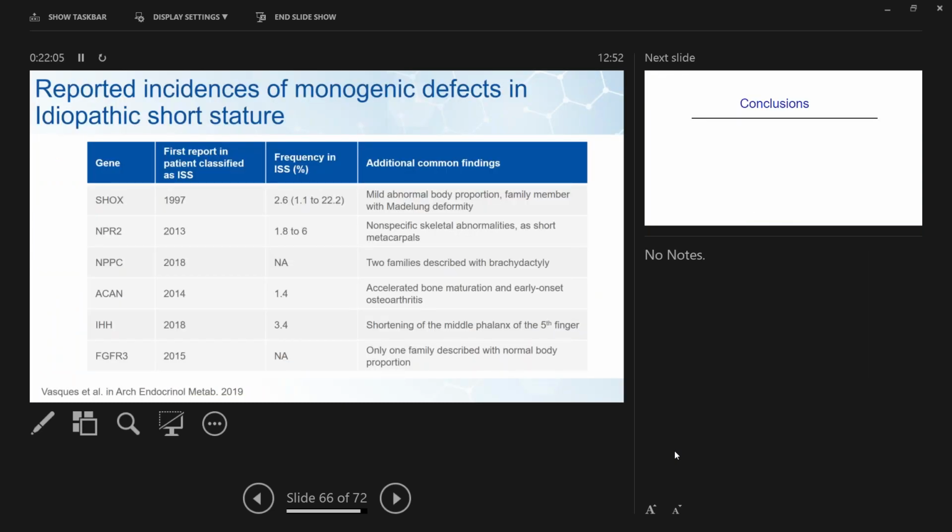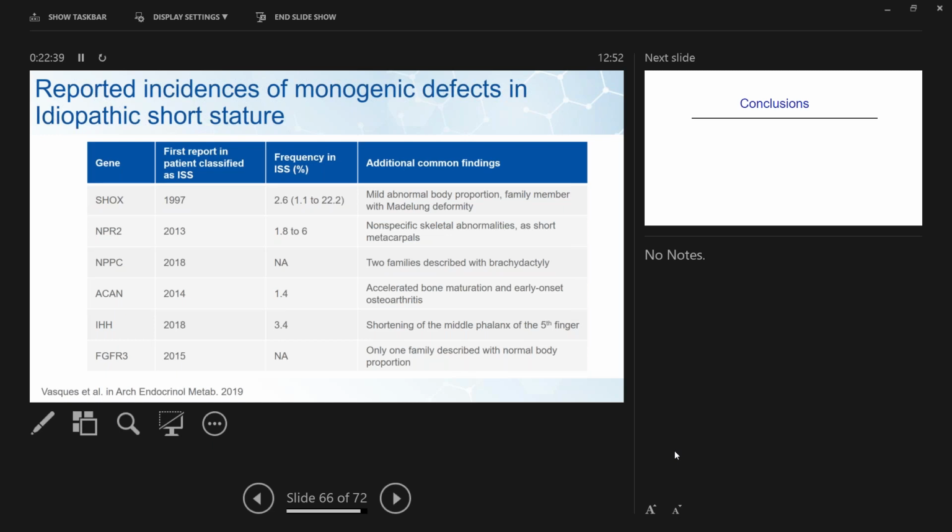This is another list of genes that recently been reported in the idiopathic short stature group of patients. And here you can see that we're now with combined efforts starting to tease out the idiopathic short stature group. And if you put them all together, there's probably about 10 to 20% of the idiopathic short stature group that can be explained by monogenic